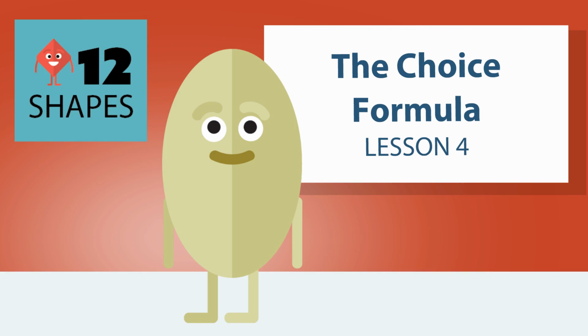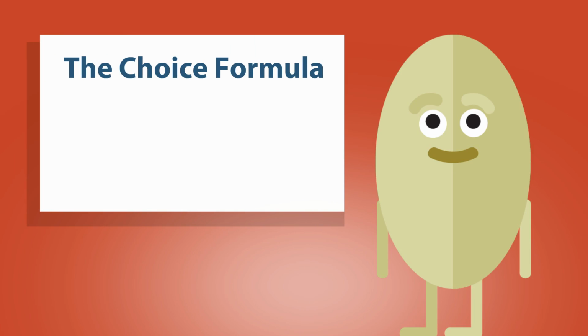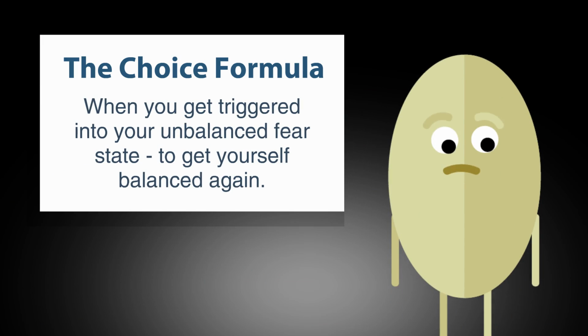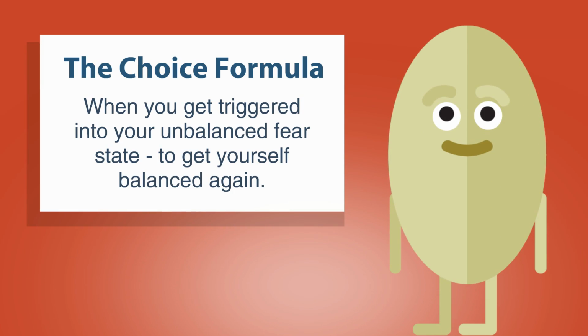Welcome to Lesson 4 for ovals. In this lesson, we're going to teach you a simple procedure we call the choice formula. You can use this formula when someone or some experience triggers you into an unbalanced fear state, when your worst behaviour might come out, and it'll help you to get back into a balanced state where you can be your